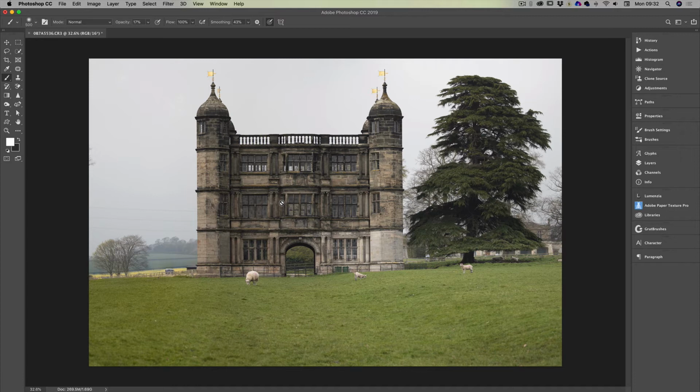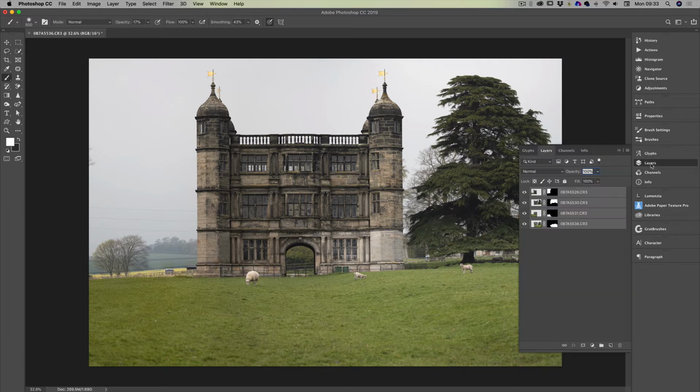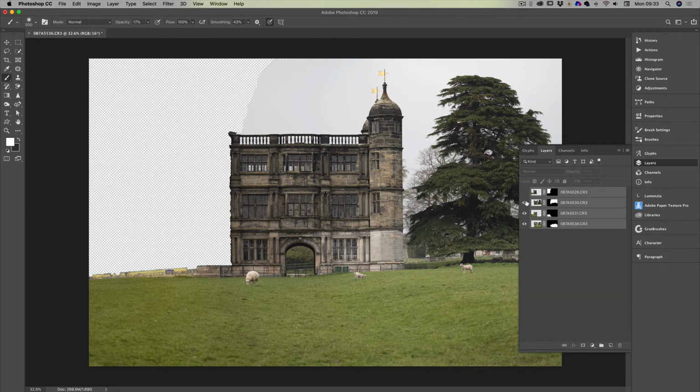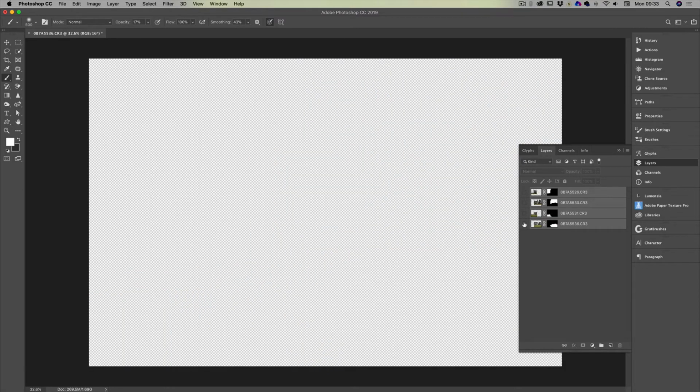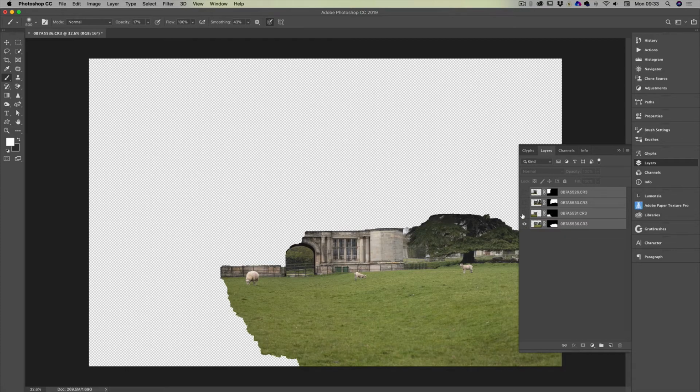There's no overlaps that we can see. There may be some slight difference in this area down here, but there's nothing that's majorly distracting. So I'm going to go to the layers and we'll look at the layers. If I take this one off, you can see how the layers have been, first of all, rearranged so they've been moved to line up with each other, and then blended in by using